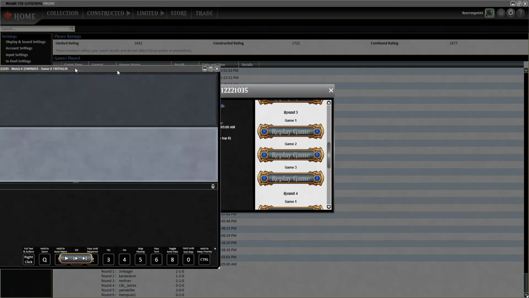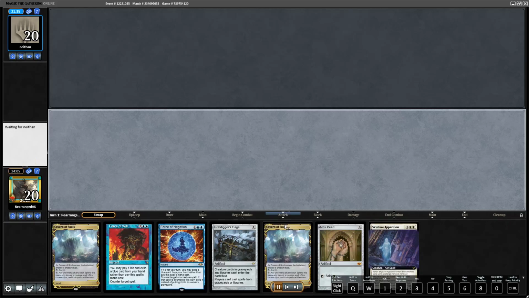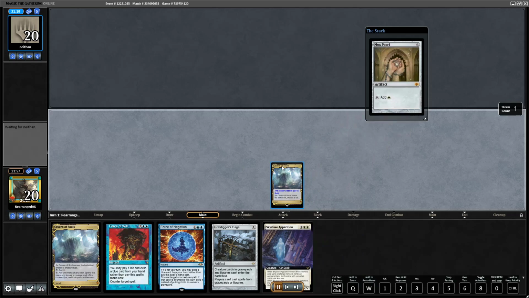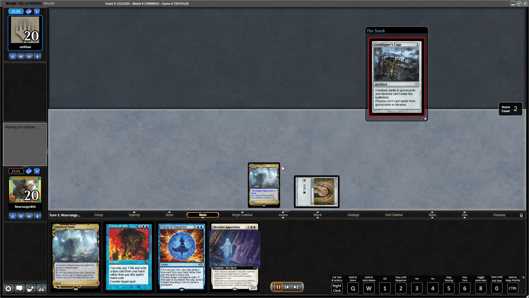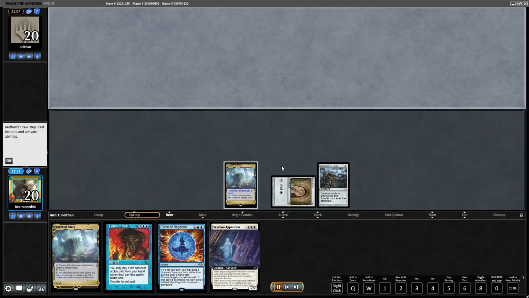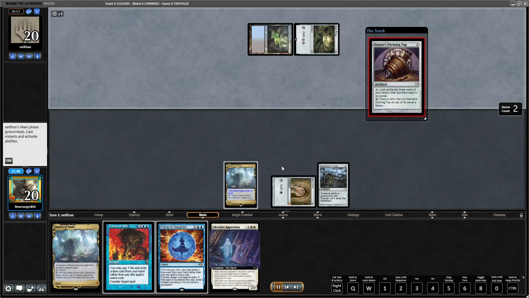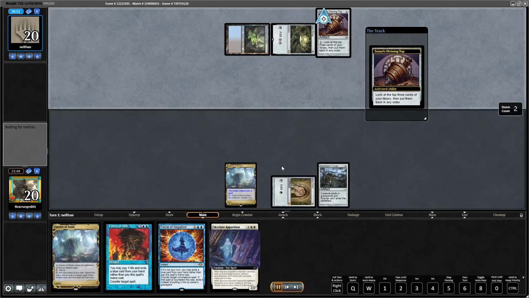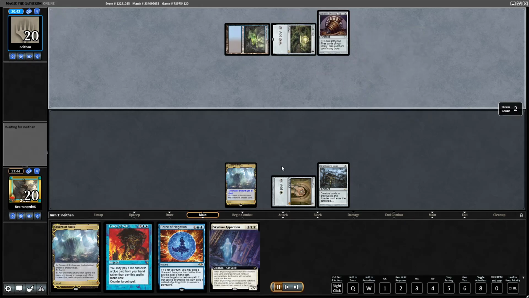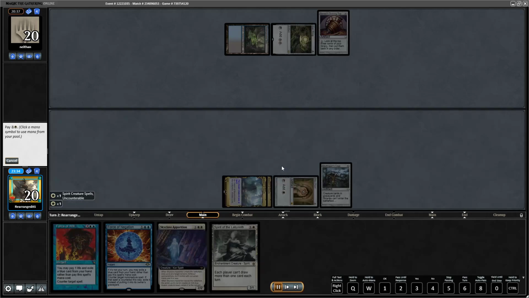Man, that was pretty good. So this is fine though. So we do only want to side in one Grafdigger's Cage against this deck most of the time because we have so many spell-based things to help deal with their stuff. But we find it, so that does stop them from doing things with specifically Bolas's Citadel. But the rest of what we got going on is certainly not bad. Like next turn we can cast a Skyclave Apparition for this Soul Ring. Did I just...